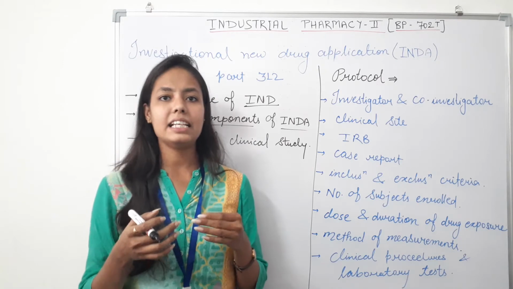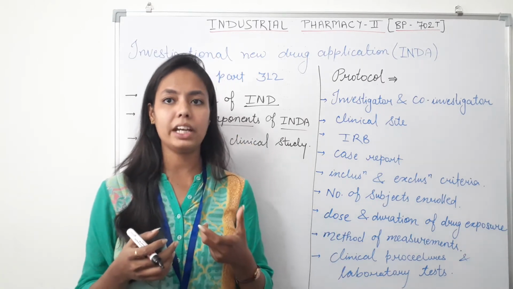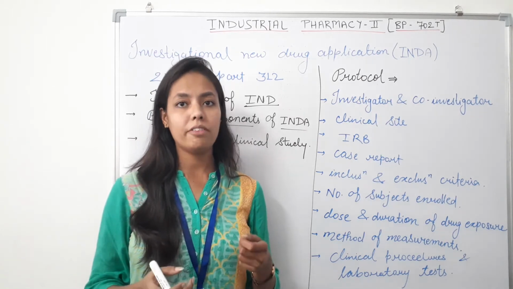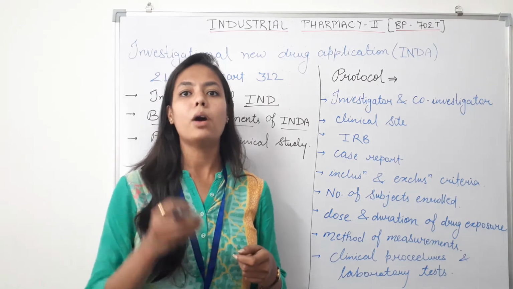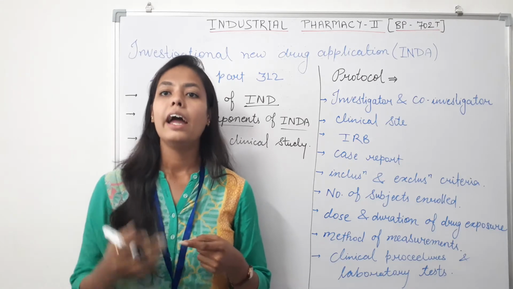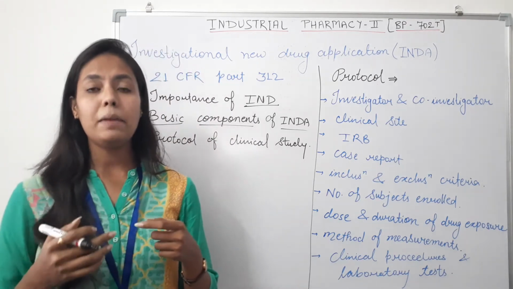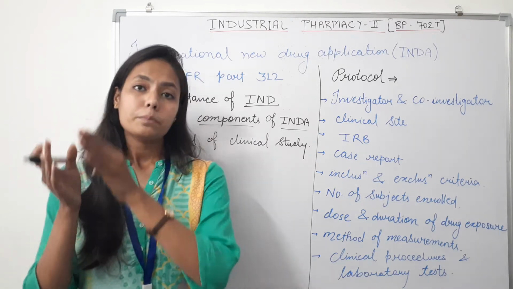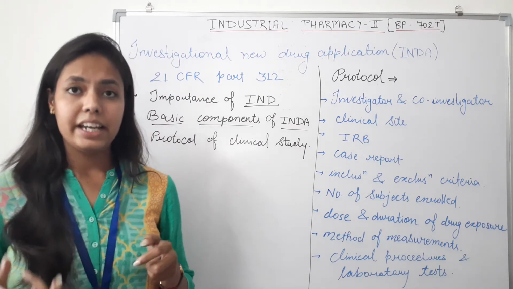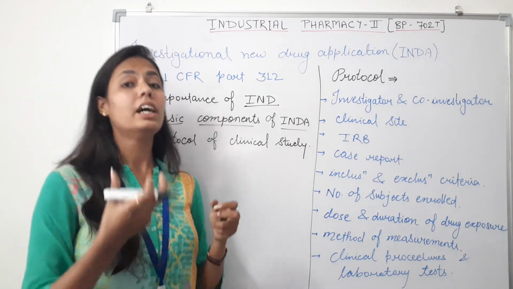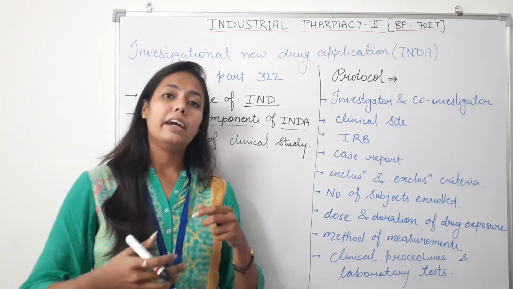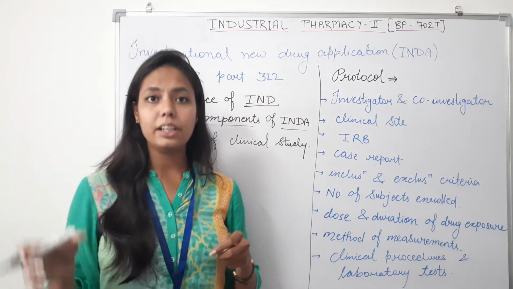Once sufficient data is collected to reach the goal of potential therapeutic effect and adequate desired safety, the sponsor can formally notify the Food and Drug Administration about their wish to conduct clinical trials by filing the investigational new drug application. The investigational new drug application must be filed before the conduct of a clinical trial. In the United States, the patentee should file the application with the FDA, and in other countries they report to their governing regulatory authorities.